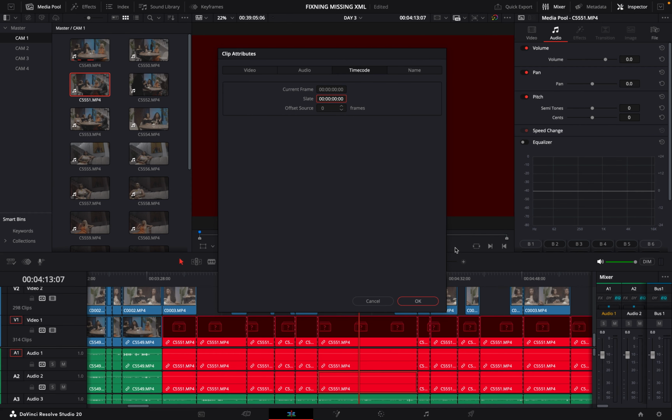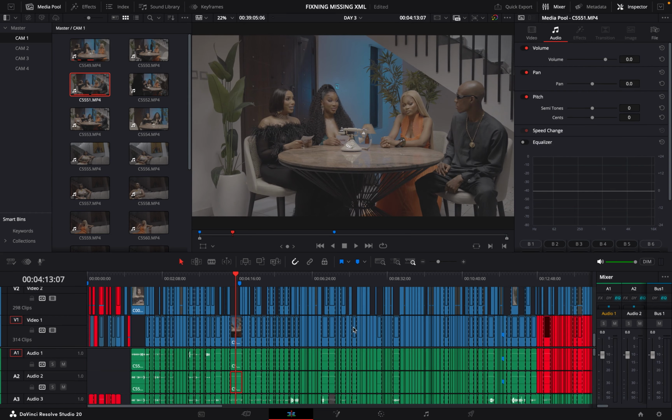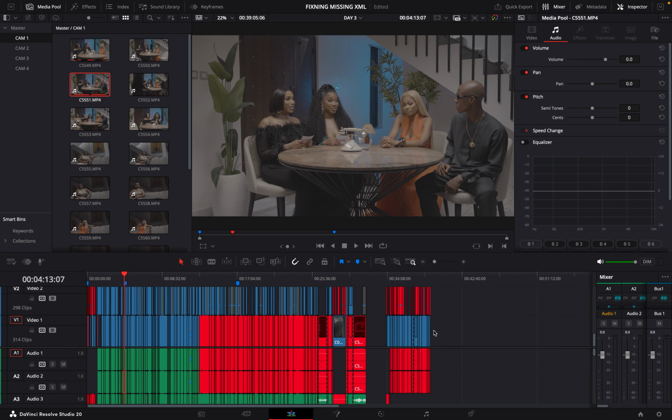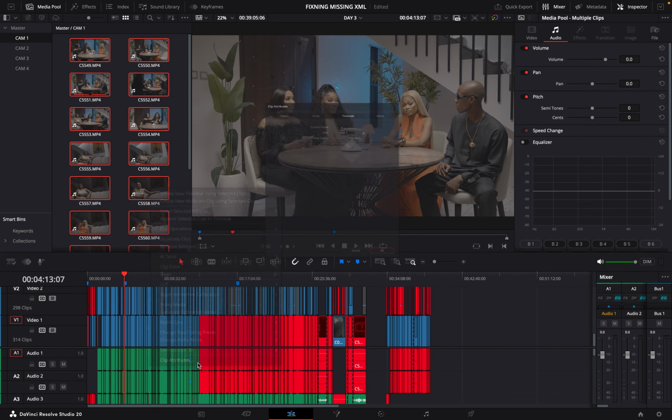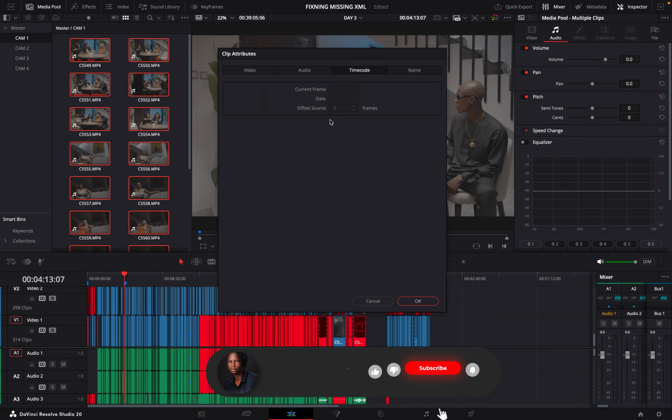and then press enter. So can you see I've been able to recover all of them. If you repeat this whole process, and of course if you are having more than 1000 clips, DaVinci would make you repeat all the processes, because the truth is, even if you are trying to select all these clips and then you come here to try it, the option is not available for you to do more than one clip. So try these options and let me know if it works, and I will see you in my